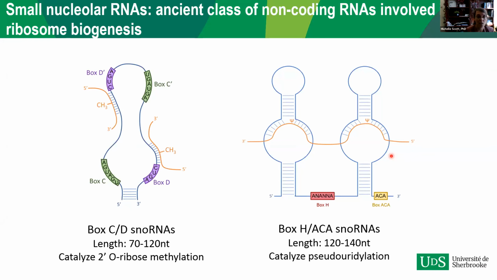There are two main classes of snoRNAs, the box C/D snoRNAs and the box H/ACA snoRNAs, that differ in terms of their sequence motifs, their general structure, the proteins they interact with, and the chemical modification that they catalyze. But in both cases, they identify their substrates by directly binding to them, forming an RNA duplex with their substrates to specify the exact position that requires modification.